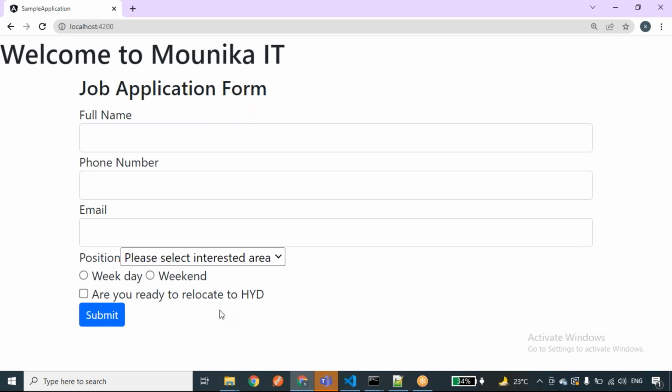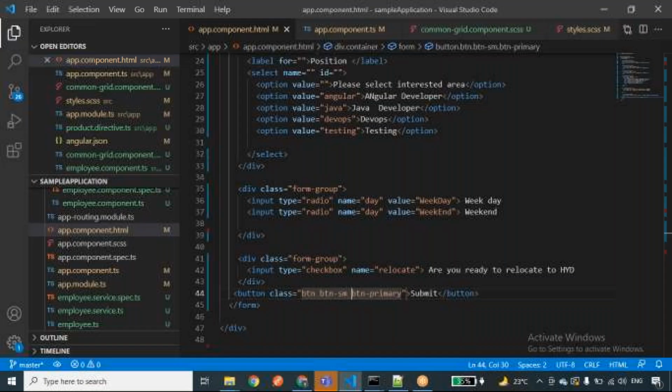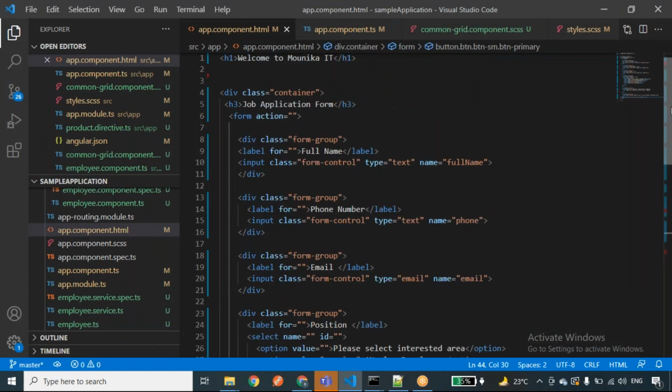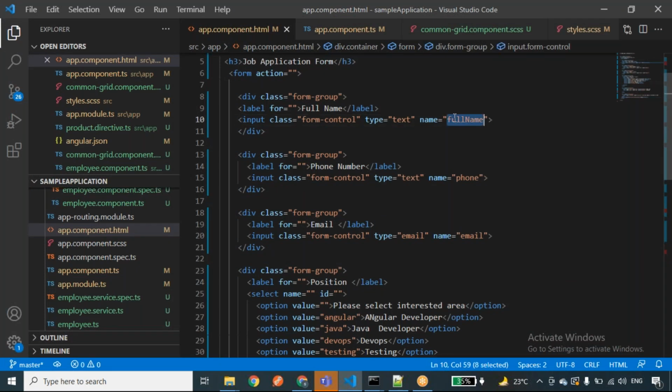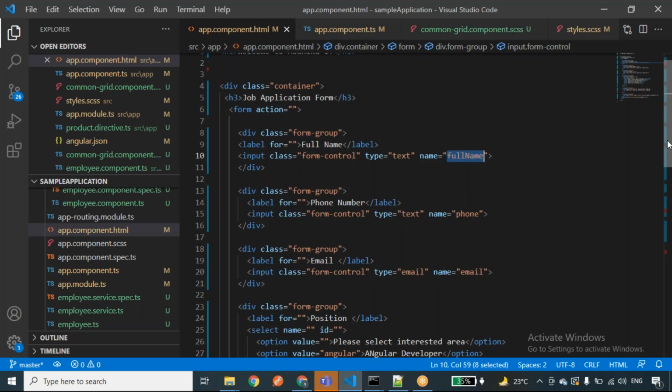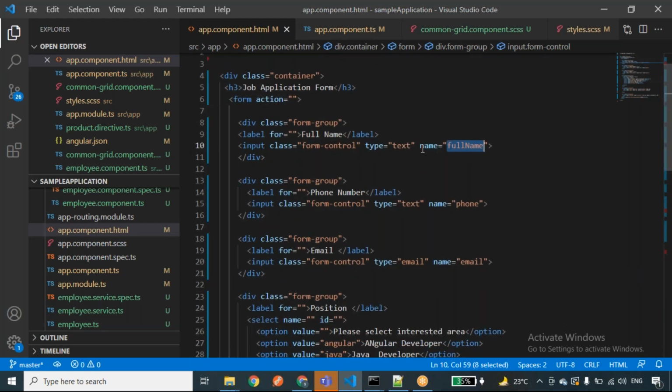Sir, I have a doubt, why do we mention the name for action, all these things, sir? Like in the name day, name equal to type, name equal to full name. In order to bind the data, sir. Yeah. So basically, it is good practice to use the name attribute for each input field.